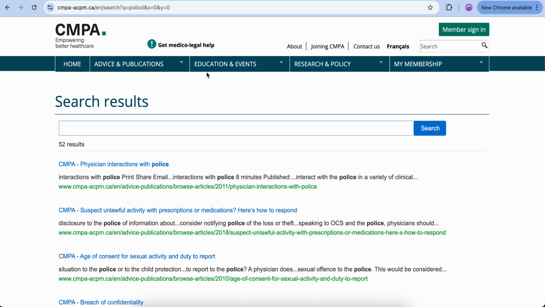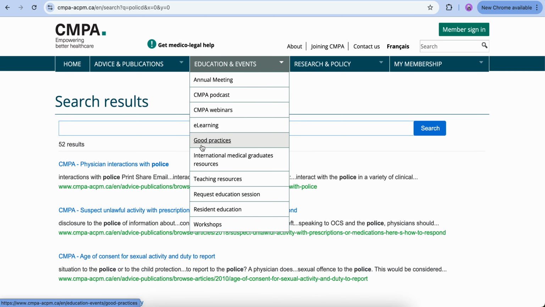At this point of time, I'm reading good practice, but as time goes, I will be uploading a few more topics from the International Medical Graduate Resources first, because some of you don't have much time, and at least you can go through this one.